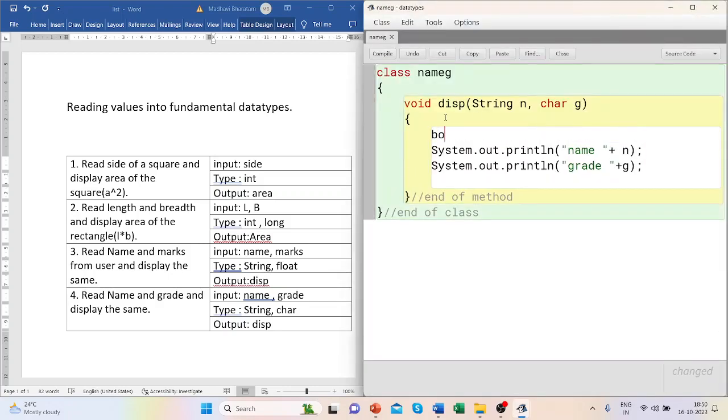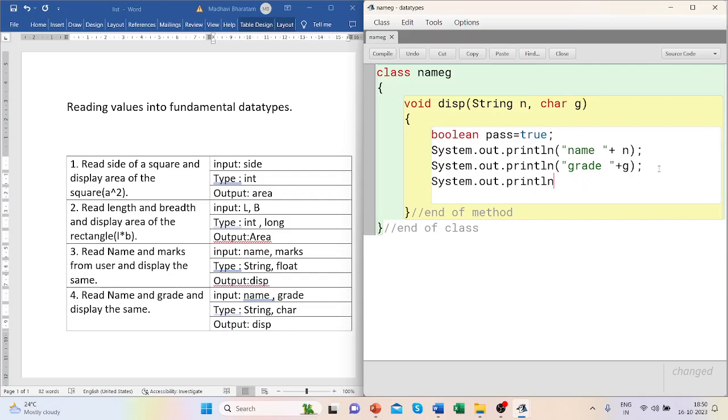Let's suppose Boolean is a data type and pass is a variable, and I said true. See that color? And what is the range of values for Boolean? Only either true or false. Okay. Pass result plus pass is the variable. What is there in the variable? True. The other value which is acceptable for Boolean is false. Control K, close,